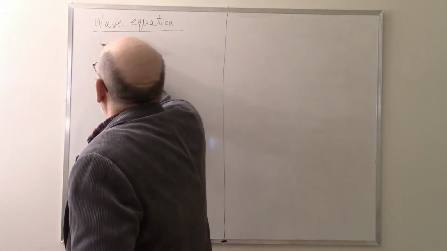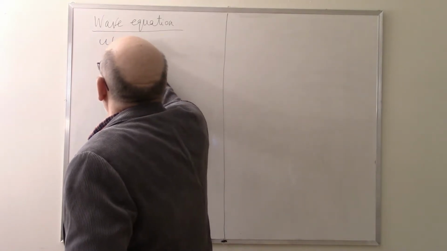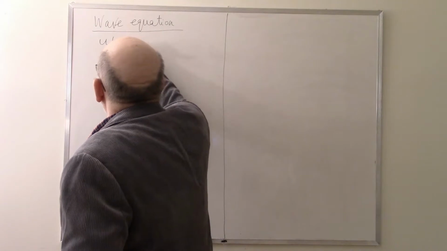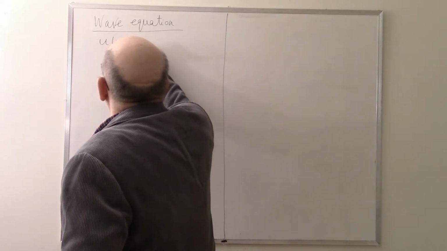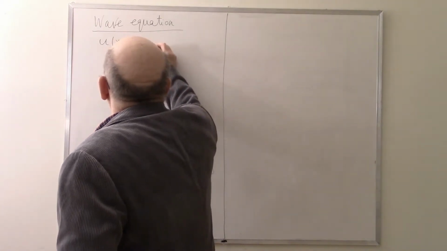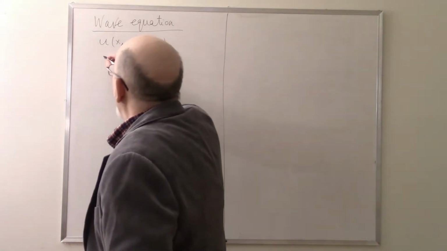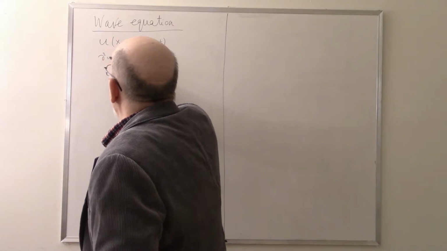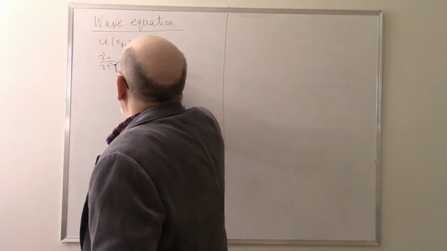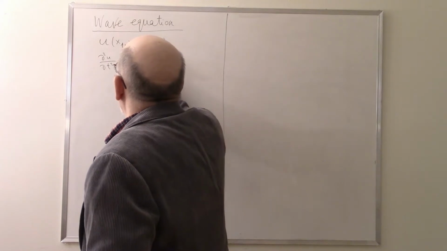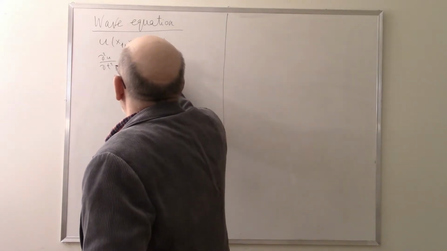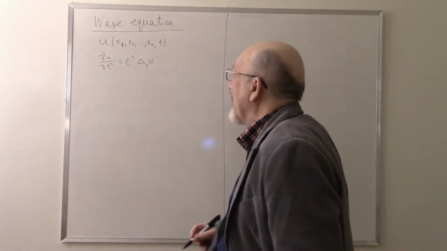We are looking for a function u of x1, x2, and so on, xn, t, and the equation is d2u dt square equals c square Laplacian of u in derivative x, or